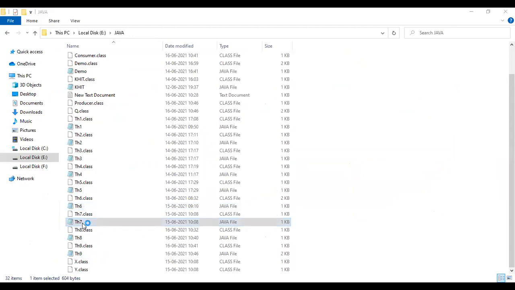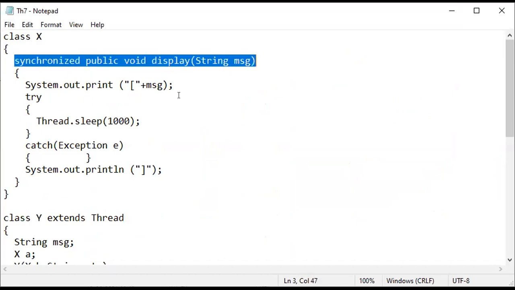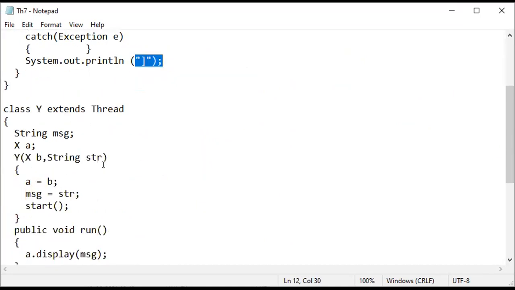So here it is, clearly the same method. We have taken this one. See here, class X, synchronized display method, and curly brace, square bracket open, message, and sleeping mode for 1 second, and we are displaying this one, right?